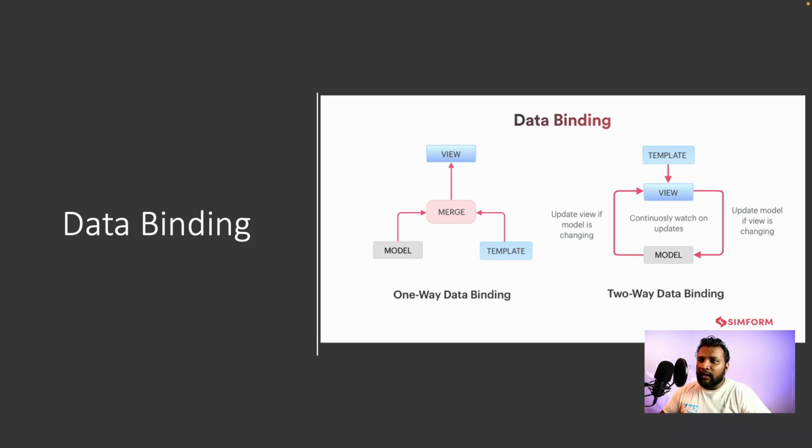A one-way binding is a binding mechanism in which model gives data to the view. Any changes in the model will be updated in the view, but not vice versa. So if you make any changes in the view, that will not be reflected back in the model. In case of two-way binding, it handles both ways. A model can update data to a view, and view can update back the model through controller. Let's look at an example of both.